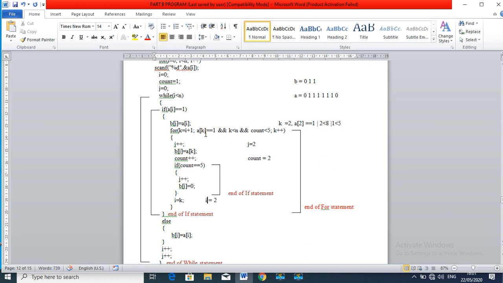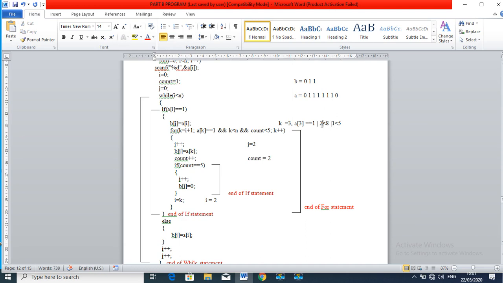So now I equal to 2, a of 2. Are you getting this? Now for the increment, k gets incremented to 3, a of k is a of 3, a of 3 is equal to 1, yes, this is 0, 1, 2, this is 3, a of 3 is equal to 1, the condition is true.